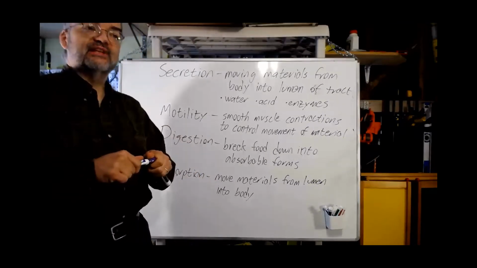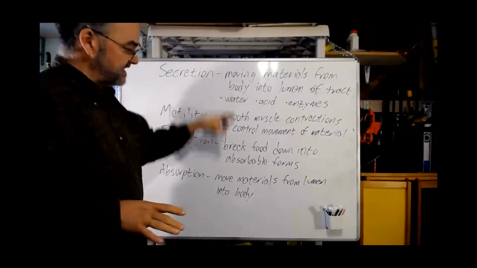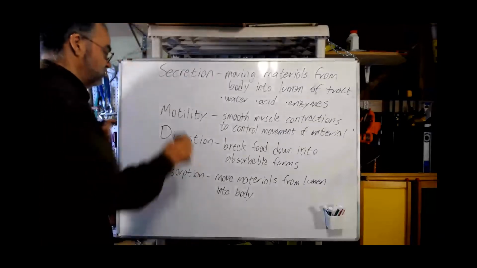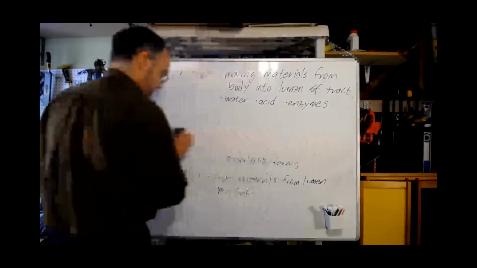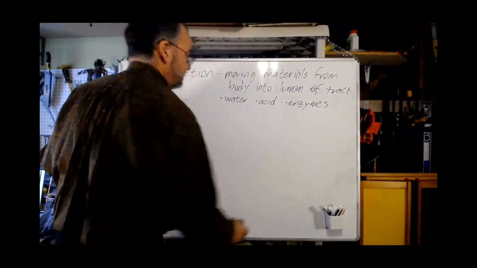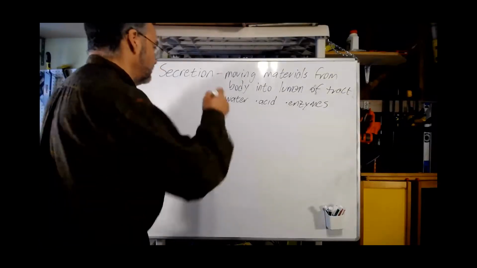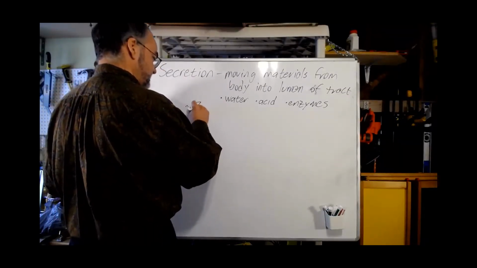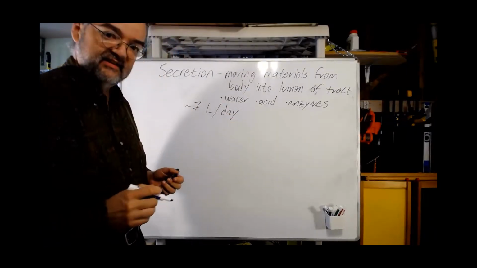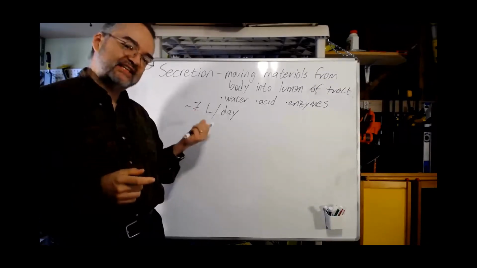So let's talk before we move on to other stuff about each of these with a little more detail. So with secretion, we mentioned how that's moving materials into the lumen of the digestive tract. Now, that ends up being something like 7 liters per day. In the course of a day, if you're eating a typical amount, you move something like 7 liters of fluid